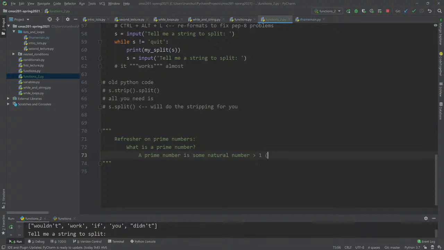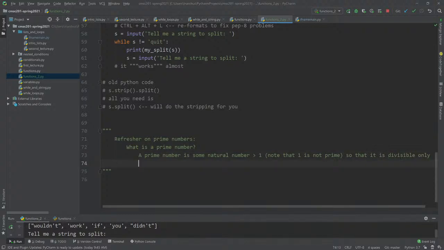Note that 1 is not prime, just by definition. It has no more than 2 divisors. It is divisible only by 1 and itself, right? Or as you say, only 2 divisors, meaning 1 and itself.